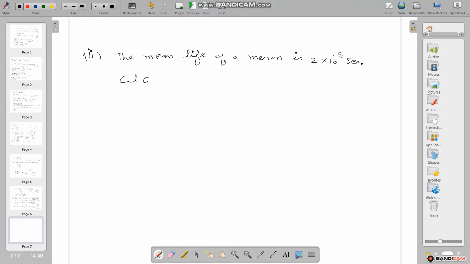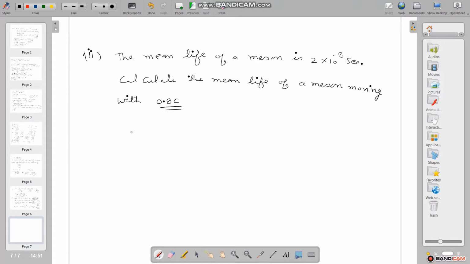Calculate the mean life of a meson moving with 0.8 c. If this meson is moving with 0.8 c, then we have to determine the mean life of the meson,